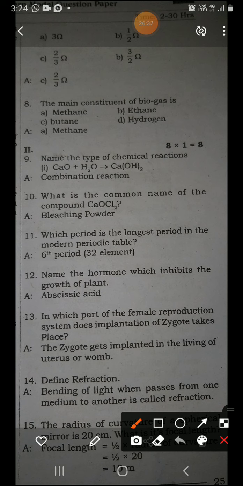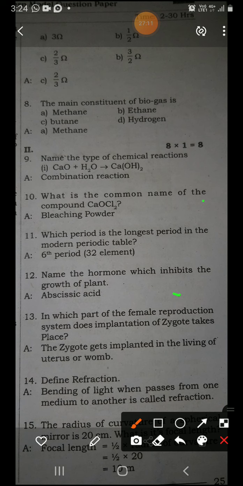So the main constituent of biogas. You know that biogas is made with the help of cow dung. We have also discussed the gobar gas plant, and you have practiced how to draw it. In that there is a digester. In the digester the gas liberates and is collected from the outlet. The methane gas in the biogas is more than 70% of it.